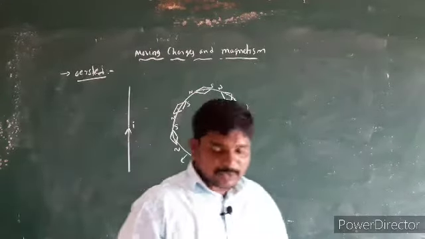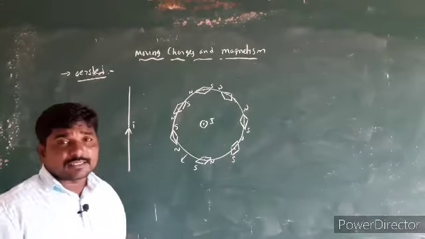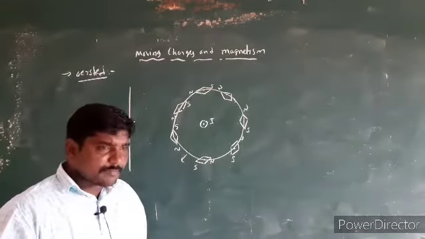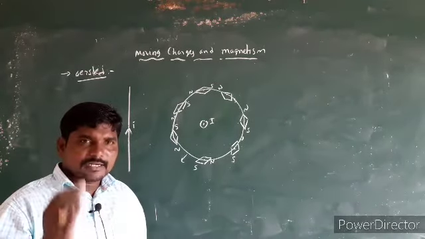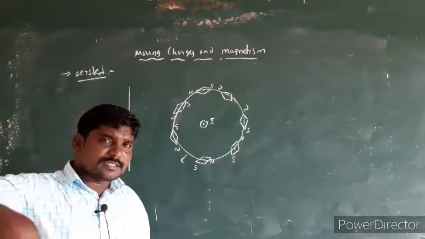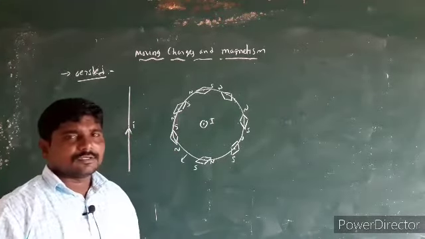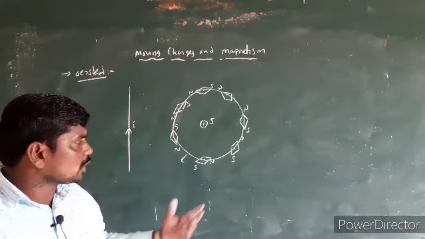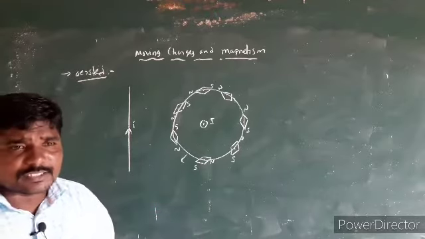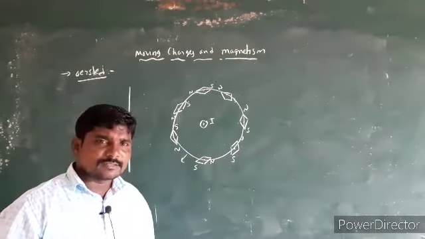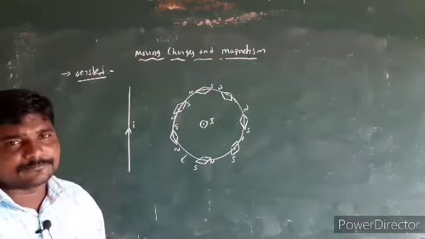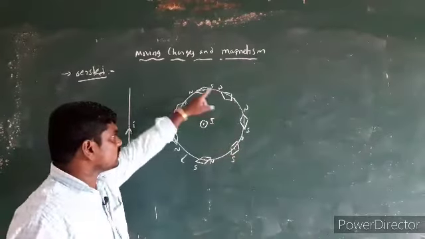According to Oersted, the first point is that around a current carrying conductor there is a magnetic field. How could he find there is a magnetic field? He placed a magnetic needle. When the magnetic needle is placed near the conductor, the direction of the needle changes from point to point. The direction of the north pole of the needle changes only if there is a magnetic field. So from this he concluded that around a current carrying conductor there is a magnetic field. The shape of the magnetic field line is circular.